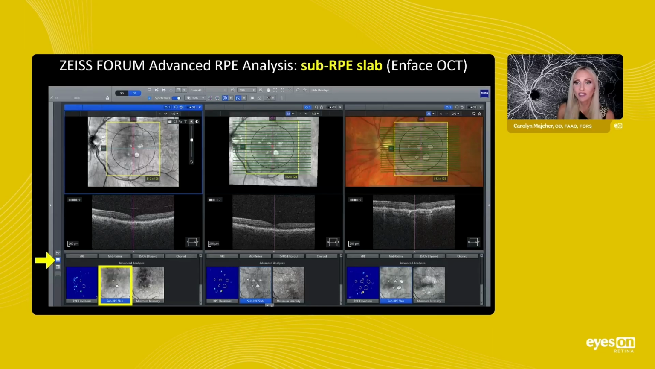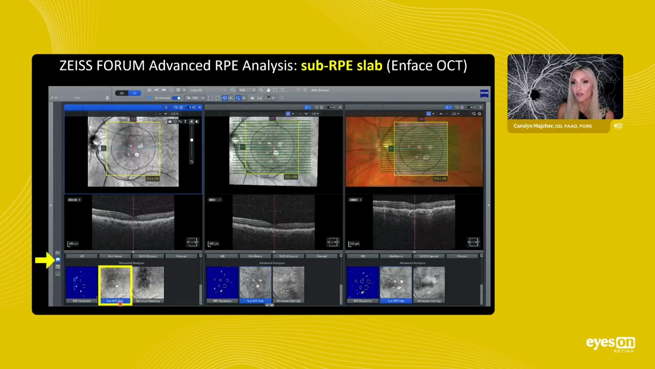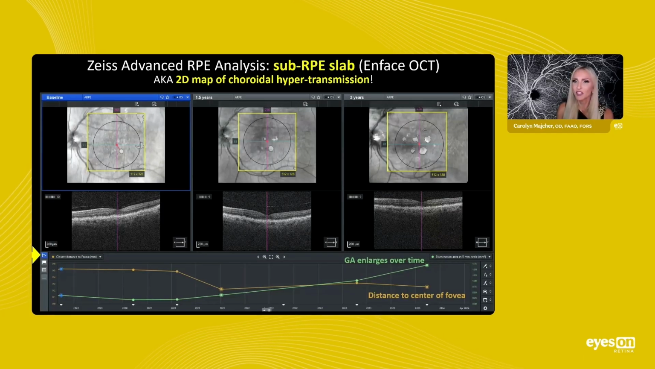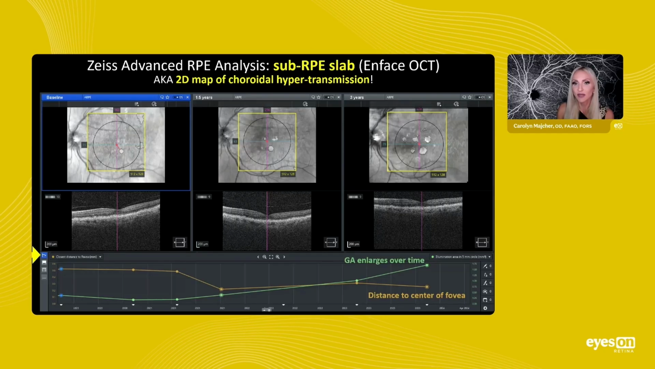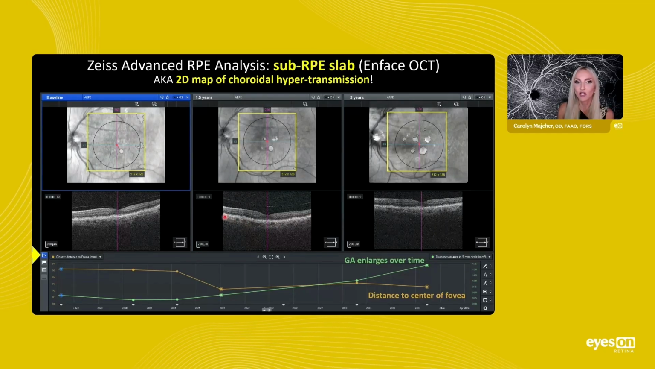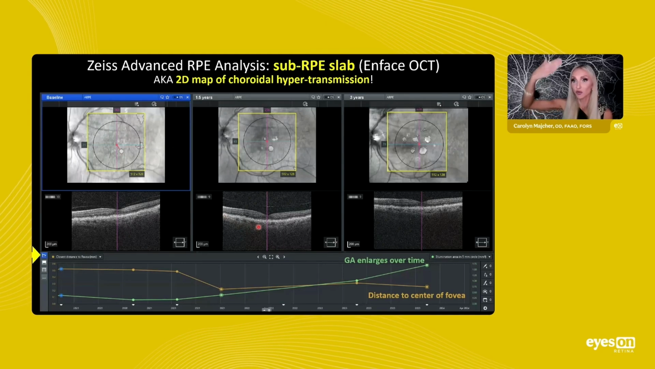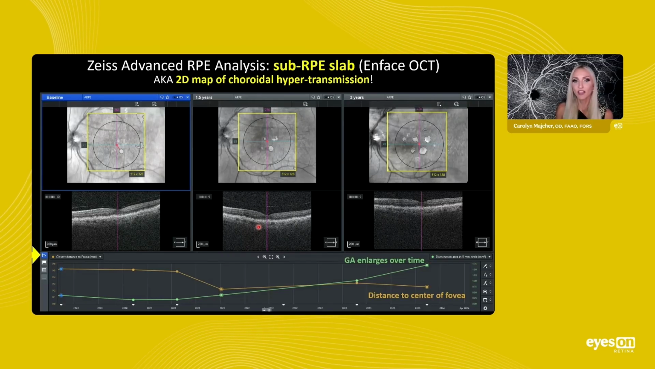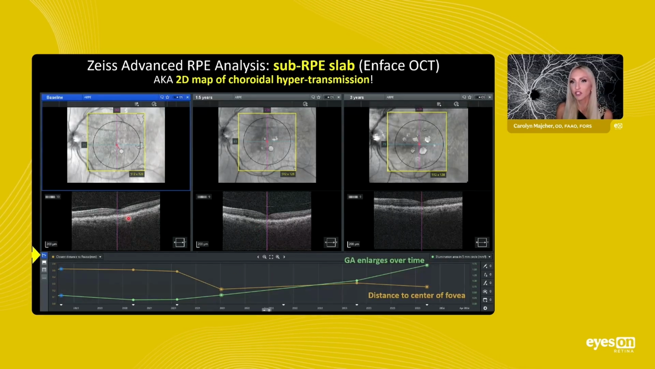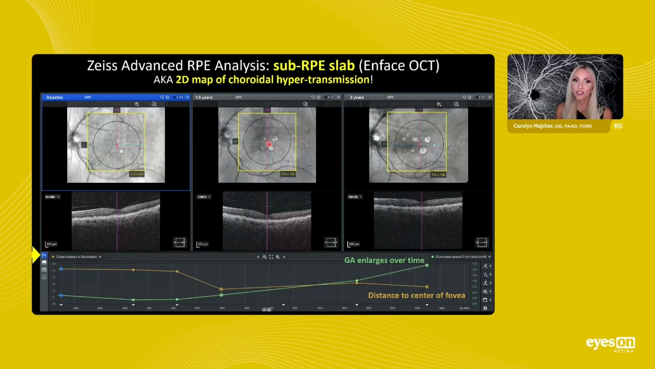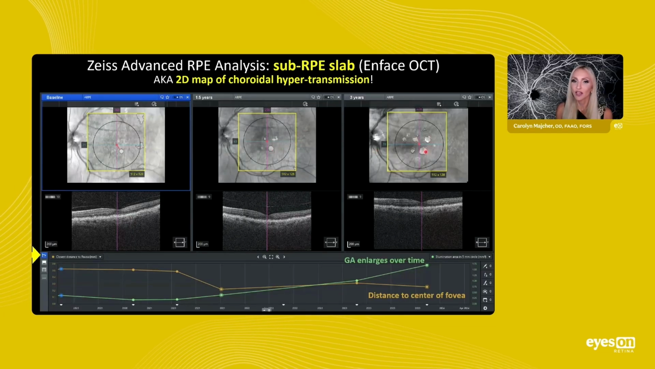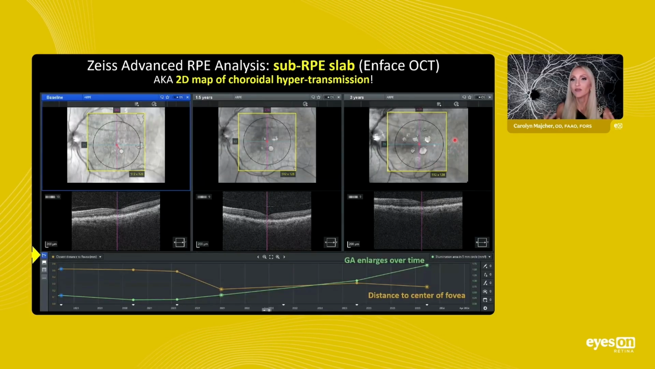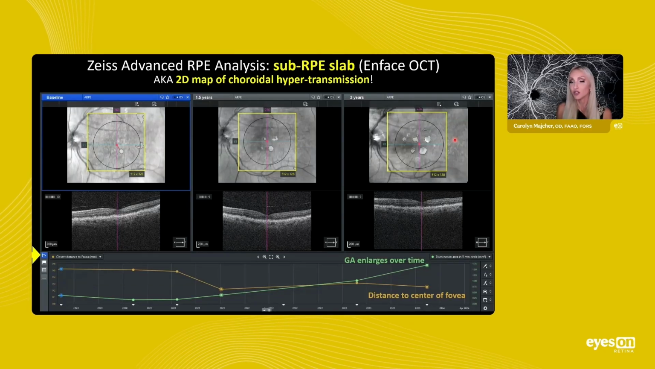So here I'm selecting the sub-RPE slab from these various icon options. And within this sub-RPE slab, it's basically generating an en face OCT image just under the RPE surface. So imagine rather than taking our conventional cross-sectional B scan, we're taking a cut under the RPE surface, and what we're highlighting are areas of choroidal hypertransmission, or bright areas that would correspond to areas of geographic atrophy. So basically what we're generating on these en face scans here are a 2D map of choroidal hypertransmission in geographic atrophy